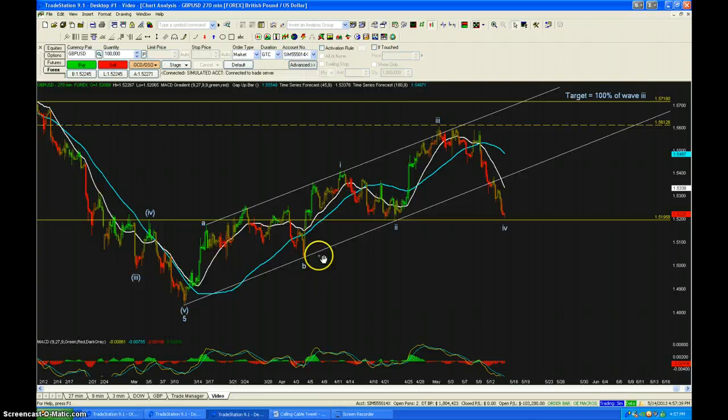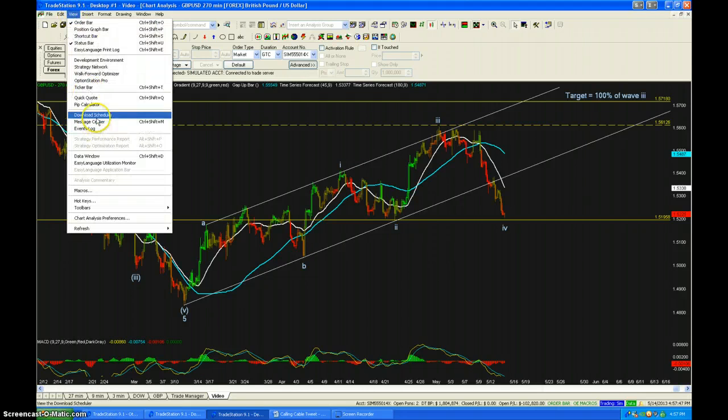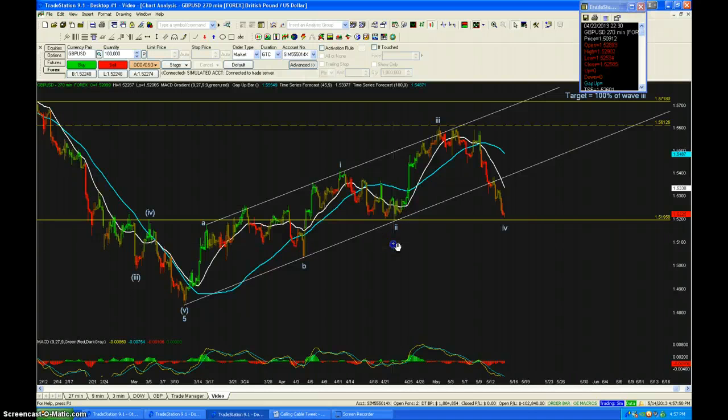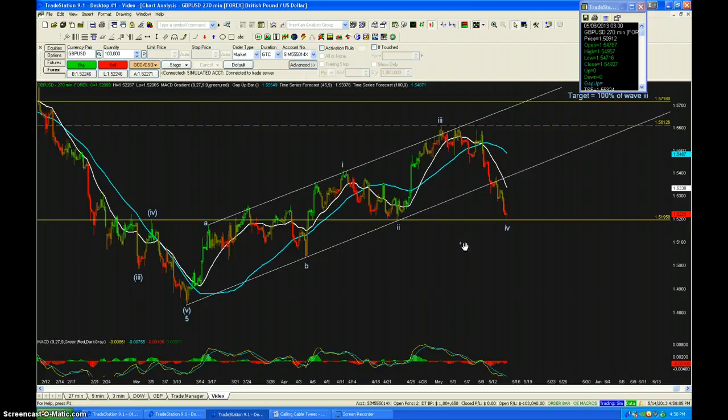Now, technically, the movement has not failed. In order for the movement to fail, 4 would have to come below 2, which is at 51,958. And the current low is at, what is that, 5206. So technically it hasn't failed, but I'm anticipating that it will. And if it does, and perhaps even if it doesn't, the question becomes, what's a good alternative count?